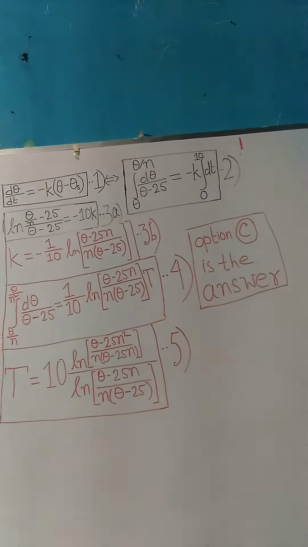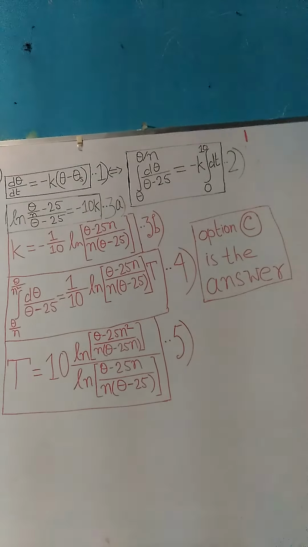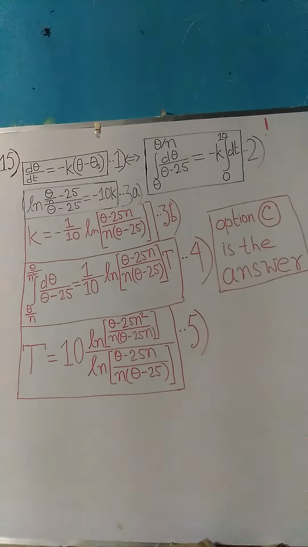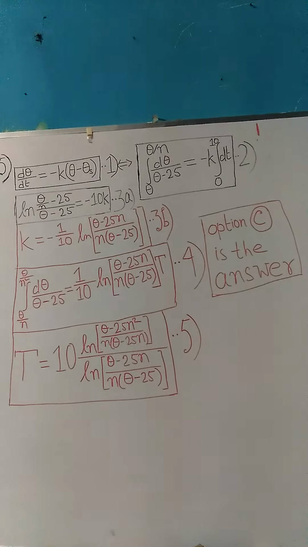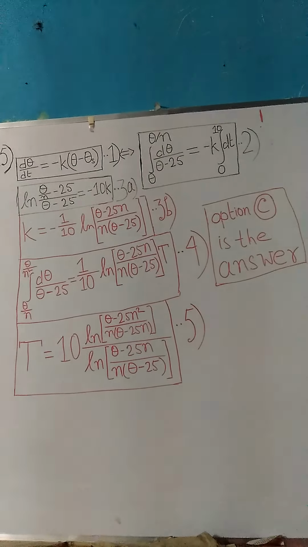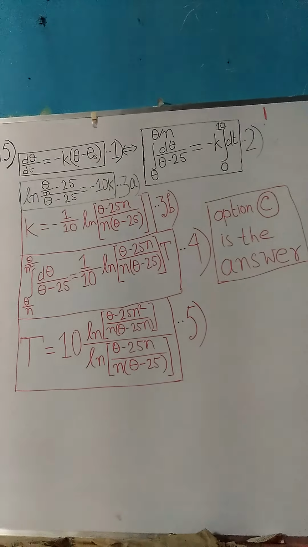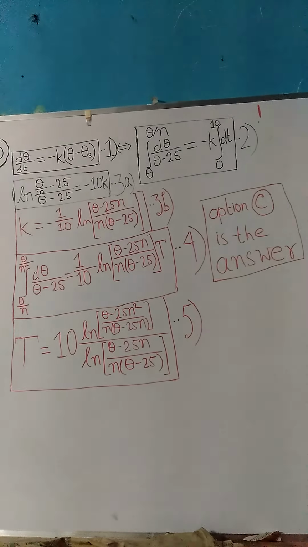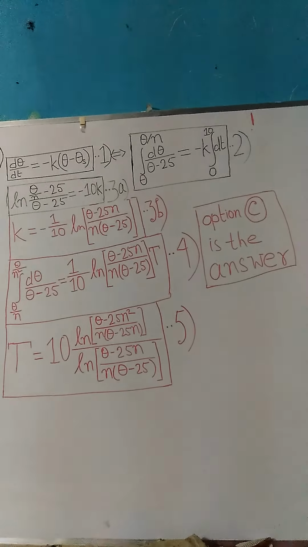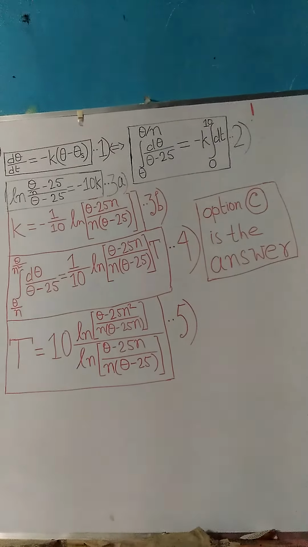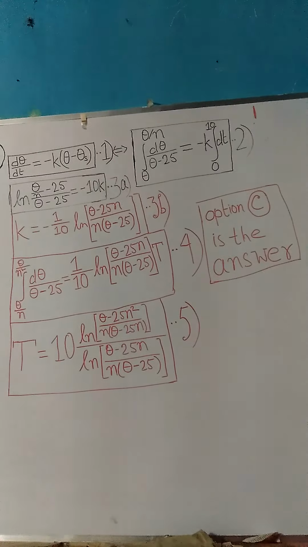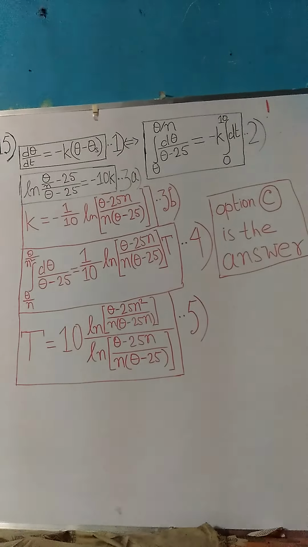Separating variables in equation 1 with theta s being equal to 25 degrees centigrade and integrating after imposition of proper limits, equation 2 written on the board is found. Please see equation 2. From 2, one gets equations 3a and 3b, out of which equation 3b gives the value of the constant k. Both the equations are written on the board. Please see them carefully.